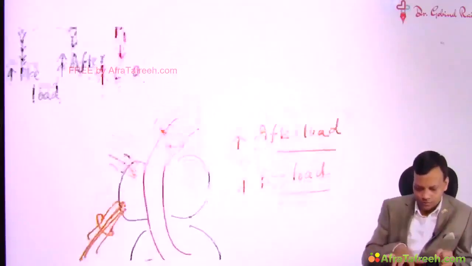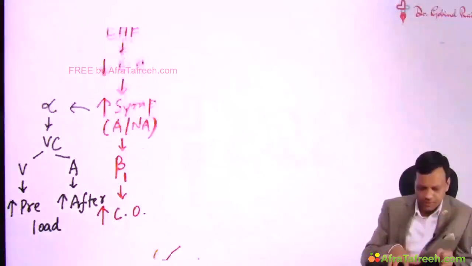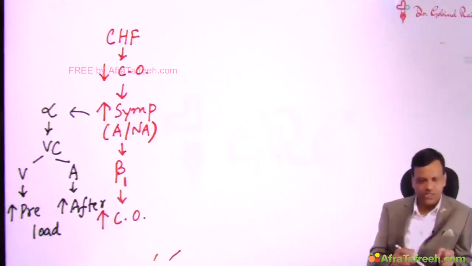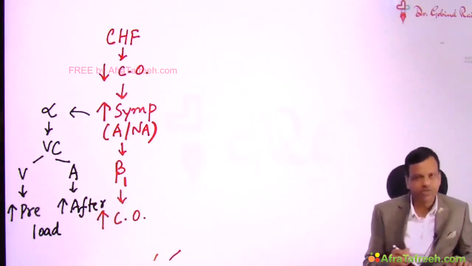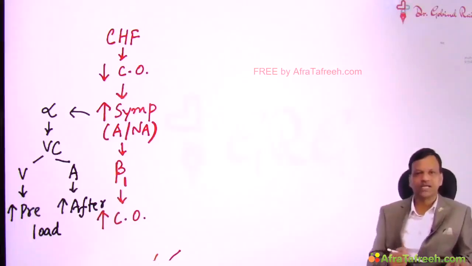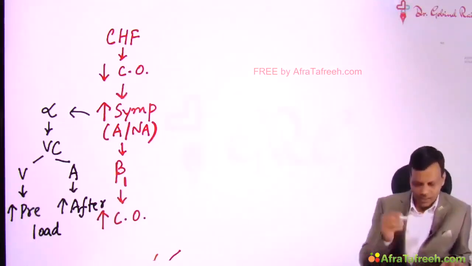So we discussed, when the sympathetic system is activated, it will cause vasoconstriction, that will cause increase in preload and increase in afterload. Work of the heart increases. The heart is not able to do normal work and we have given the heart extra work to do, so that is detrimental for the heart. So the first problem with increase in sympathetic activity is that the work of the heart increases. Second problem,